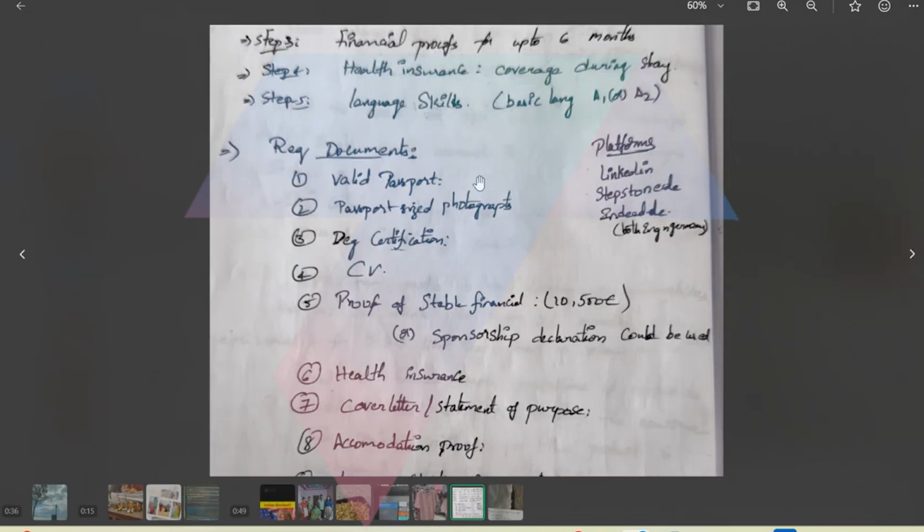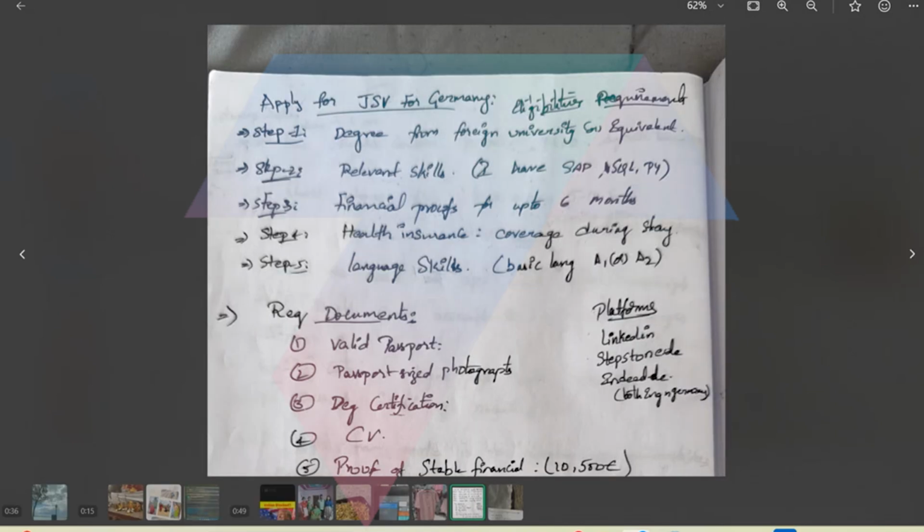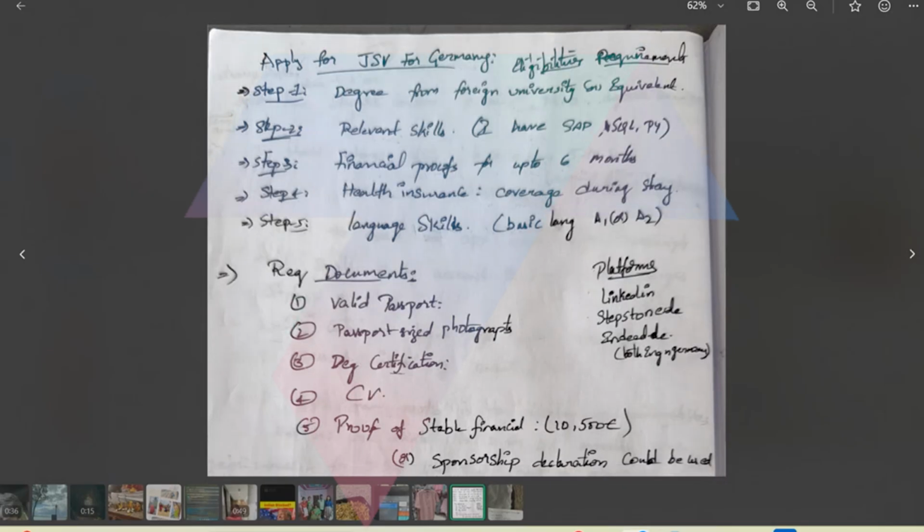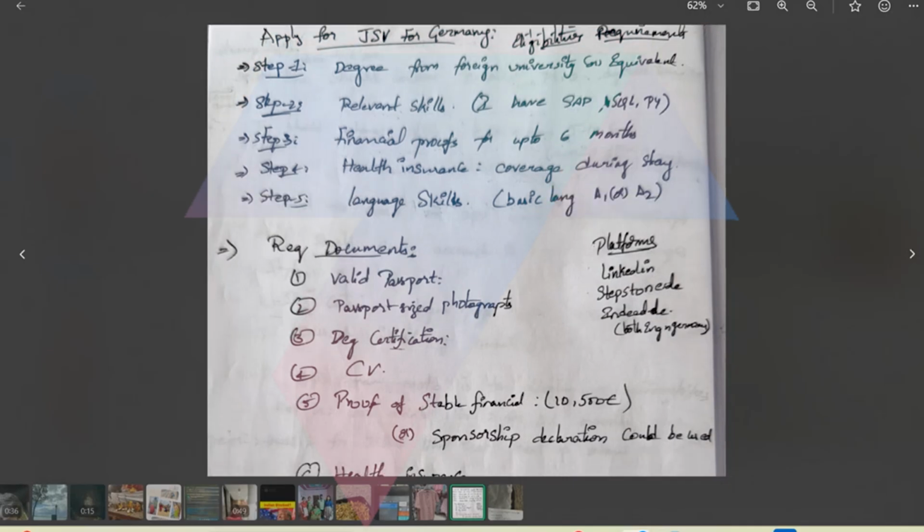If you are in India, we want one degree from a foreign university or from our India. So we have some universities like JNTU and all, so it will help us. And then you have SAP experience on that BTP. And you need to show like 6 months of financial proof that equals to like